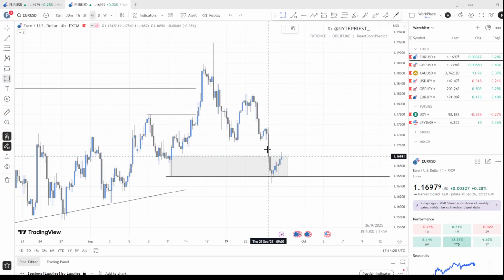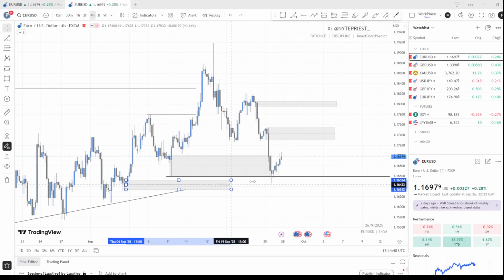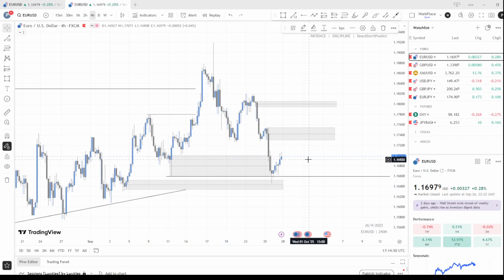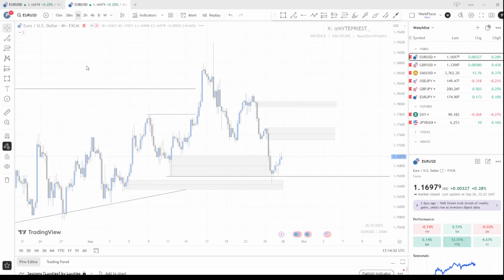So I'll be looking for a reaction from this order block or this order block. This is the 4-hour order block. So price mitigated this order block, and on the 4-hour time frame,